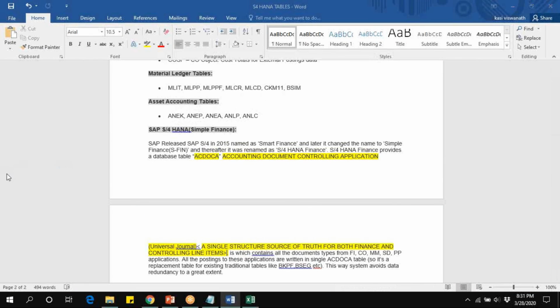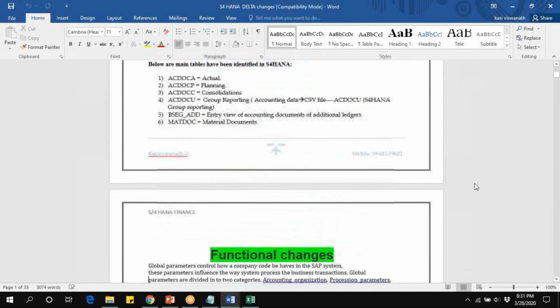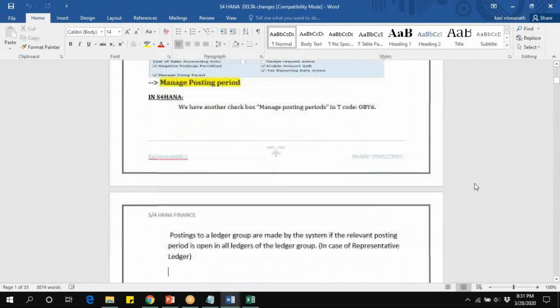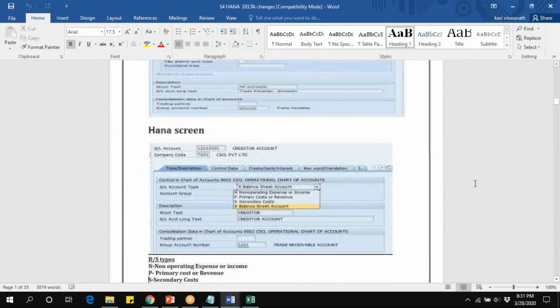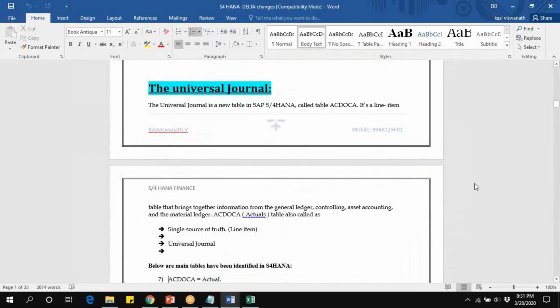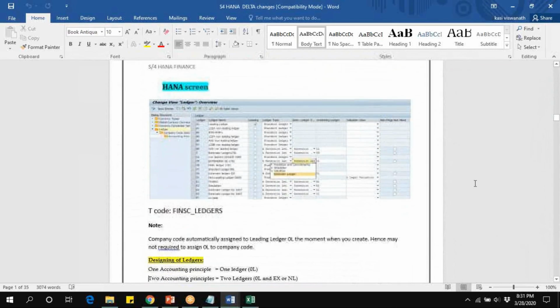So this is brownfield implementation. What are the functional changes, what are the attributes, and what are the aggregations? But in greenfield implementation, we have to know.